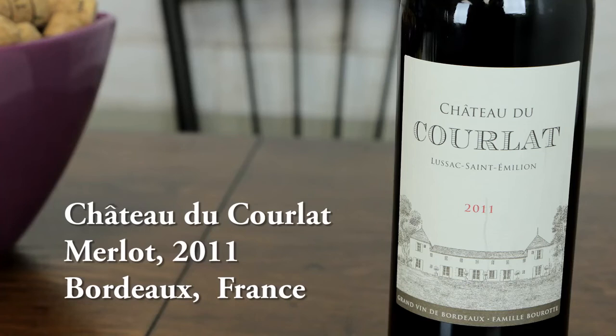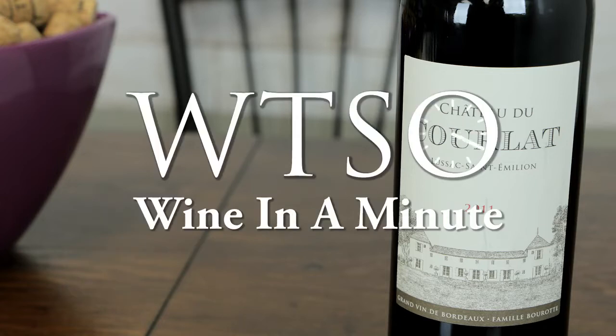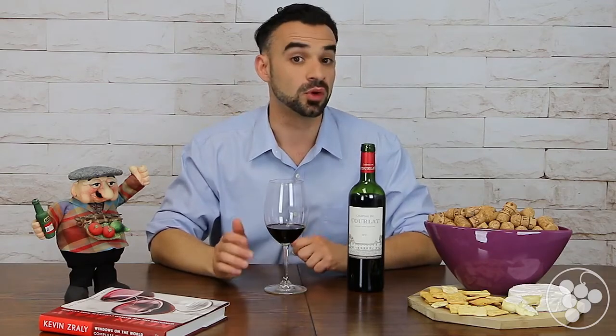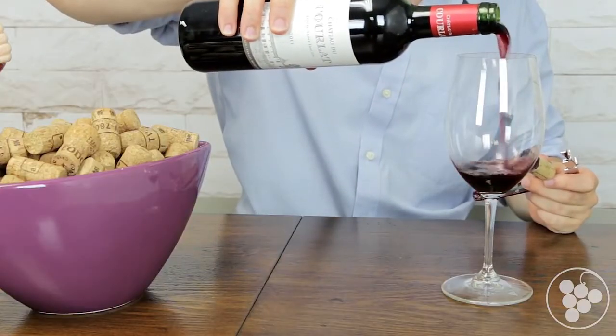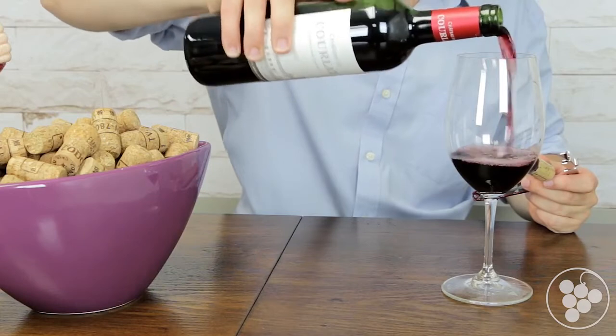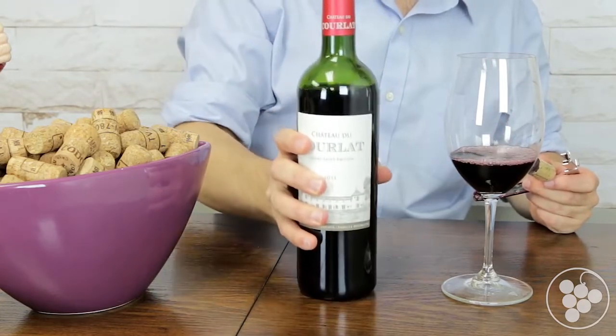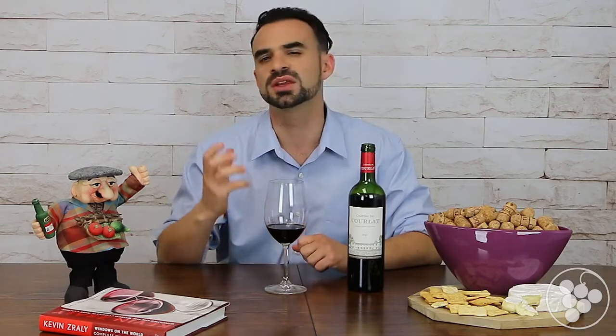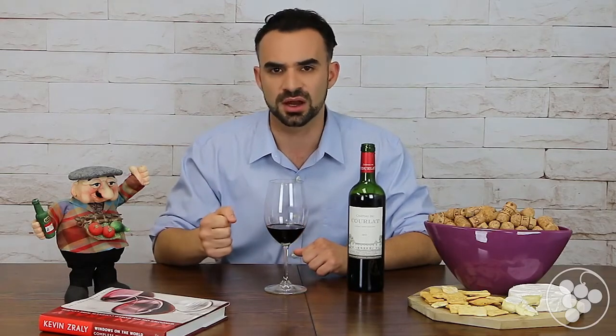This is the 2011 Chateau du Courlat from Lussac-Saint-Emilion in the Right Bank of Bordeaux in France. Neighboring the famed Saint-Emilion region of Bordeaux, Chateau du Courlat also shares a fantastic site climate for Merlot. And this 90% Merlot wine is a beautiful expression of the region with really full, ripe dark fruit character, a